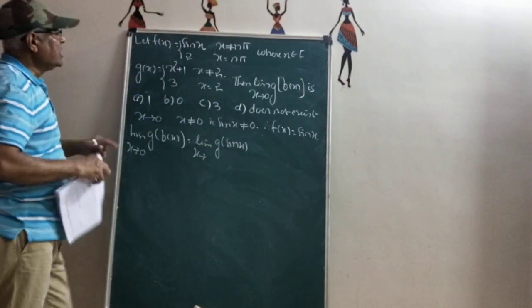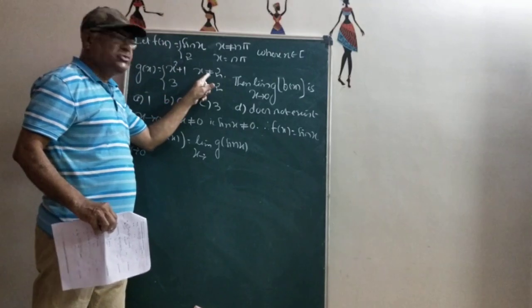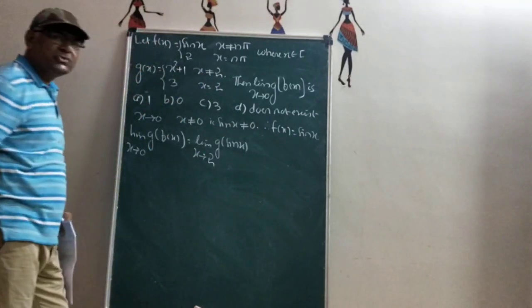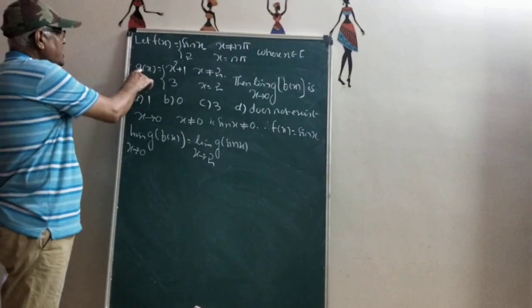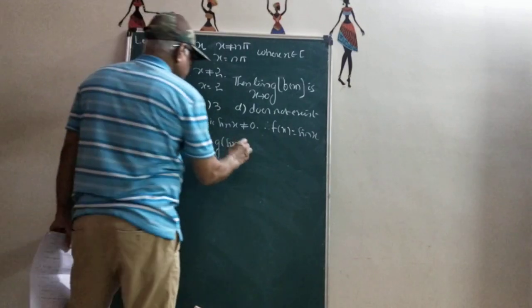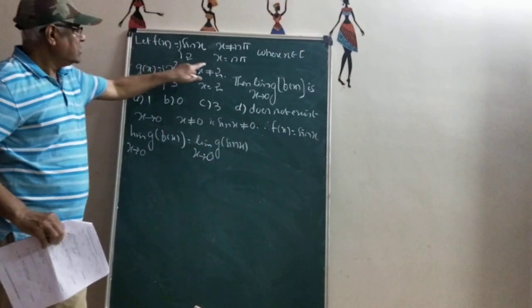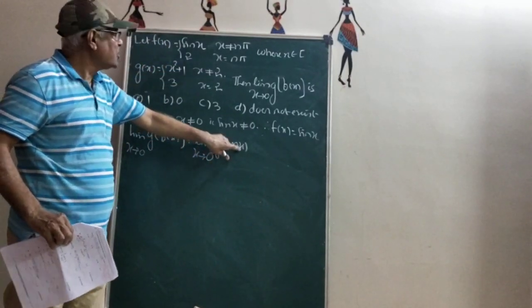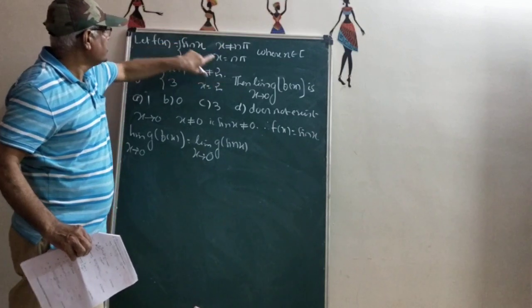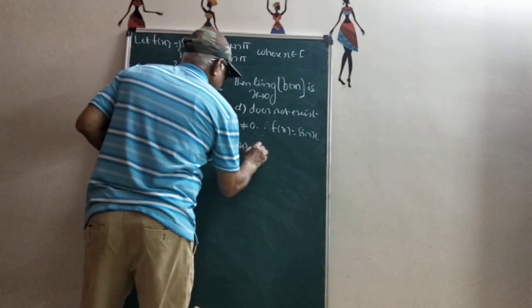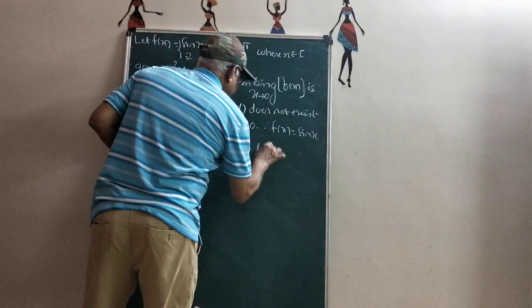Now here, when x is not equal to 0, so what is the value here? So that is limit of g of sin x as x tends to 0. Sin x is not equal to 0. What function you are selecting here? That is x square plus 1. So that is equal to limit of